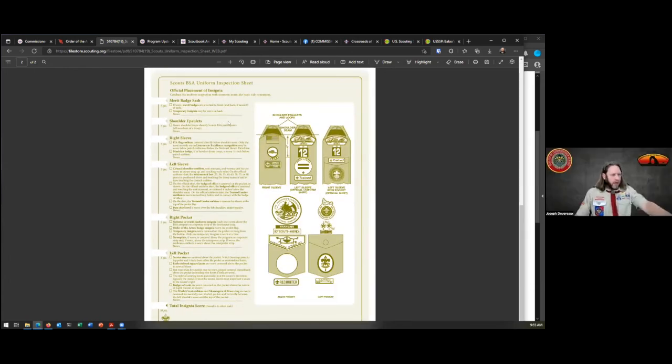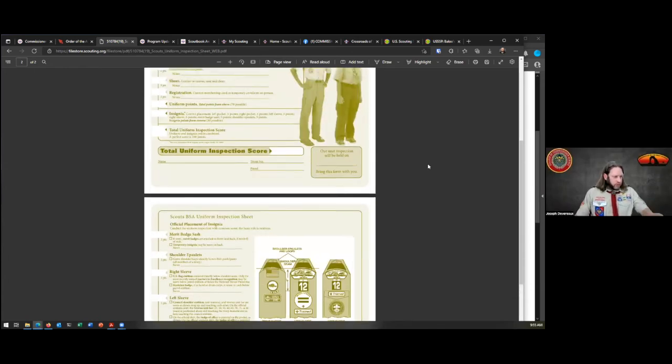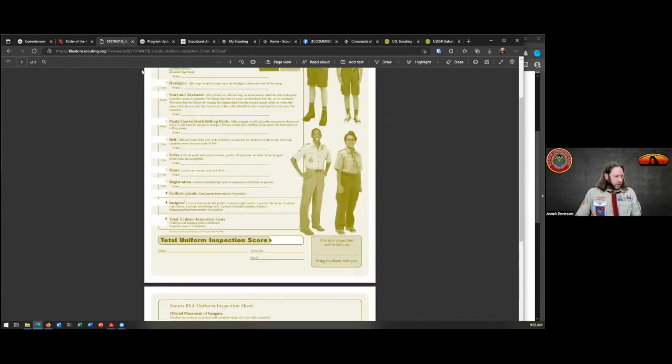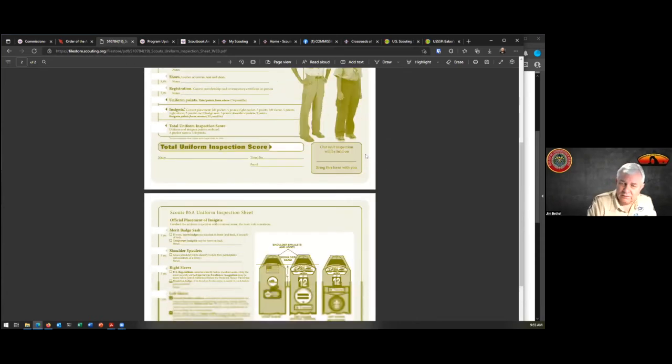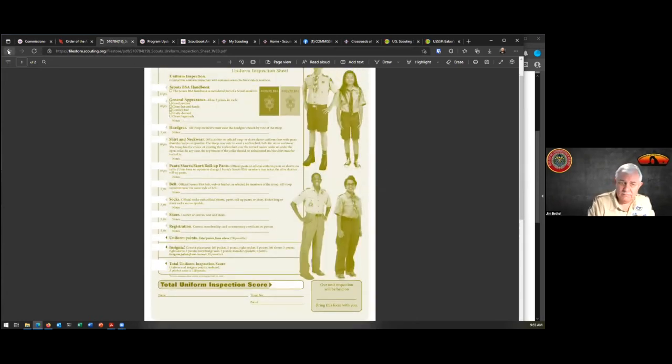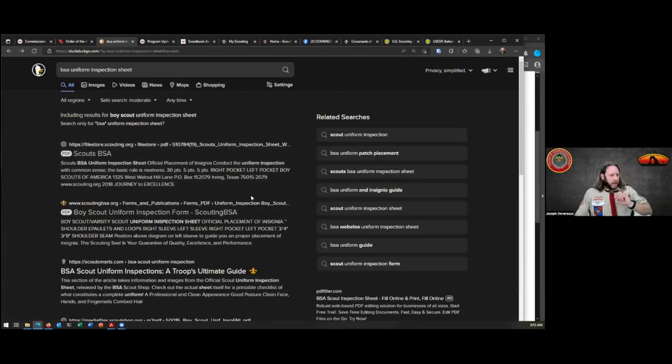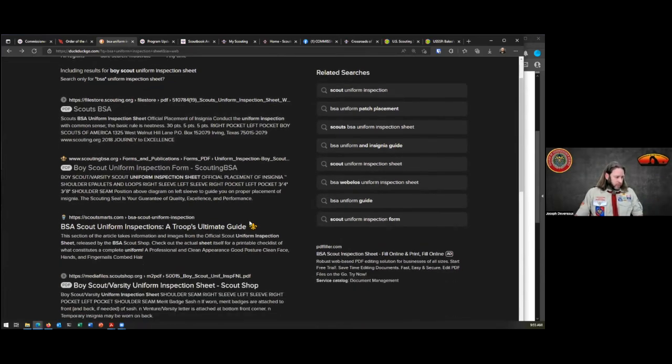Yeah, so I'm going to guess this is probably the most official one because it did come from scouting.org. I think the old one is just the old form. This is a newer form. Again, the caution here is scouting.org probably has the current form, and this one on scoutingbsa.org is probably the old form from another time because it's not an official website. It is a .org, but Scouting BSA is not the national website.